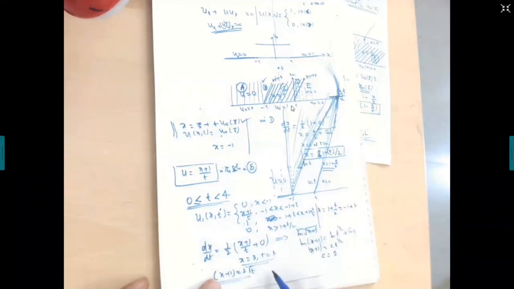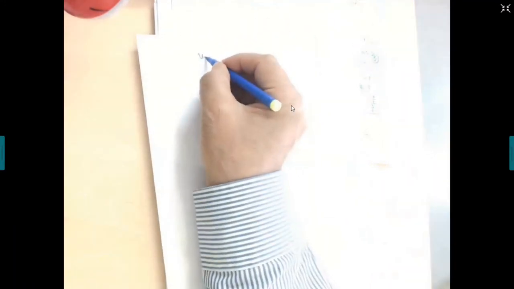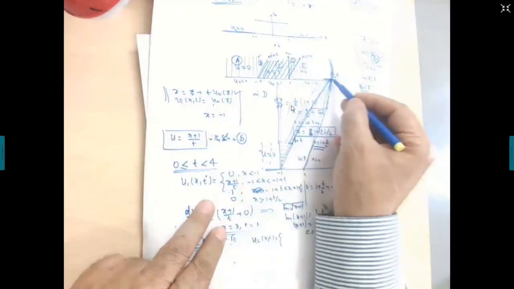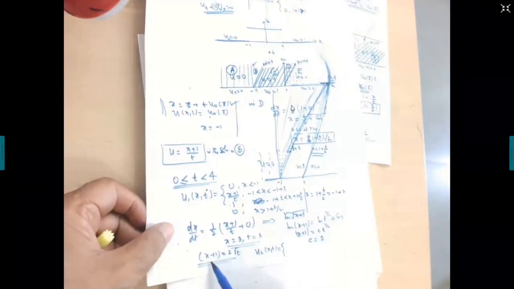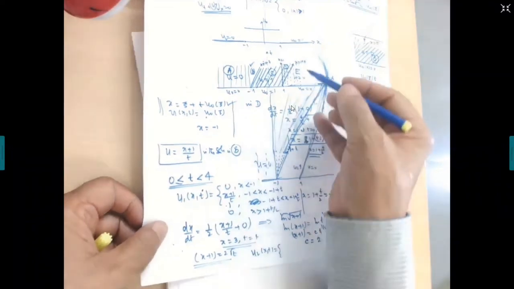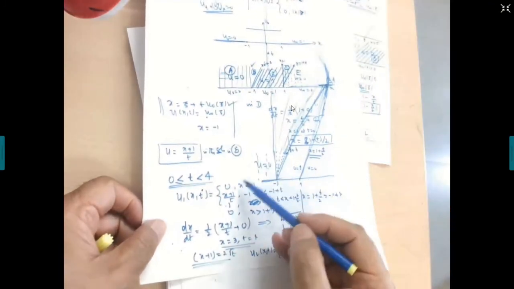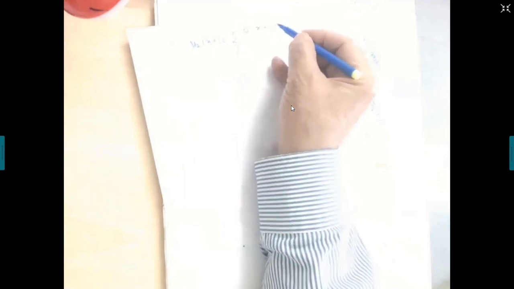So you can write this solution now, u2(x,t), the second solution. Here on the left, first of all, you know the shape: x plus 1 is equal to 2 under root t. At any time t, the solution on the left will be 0 only, when x is less than -1.